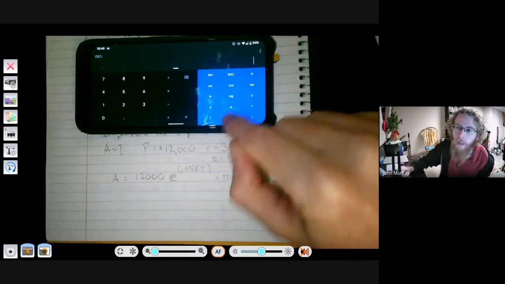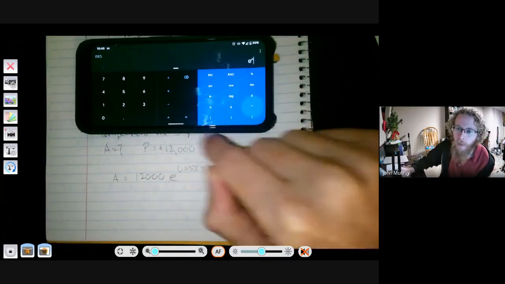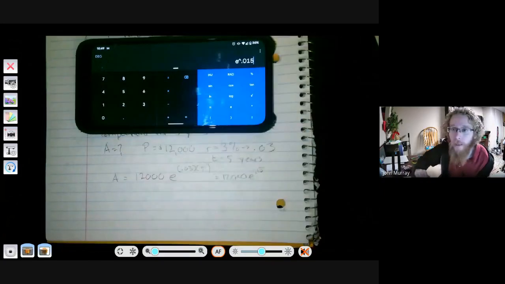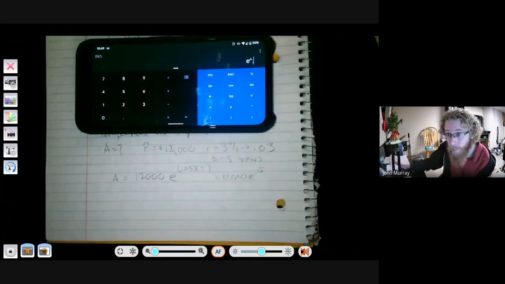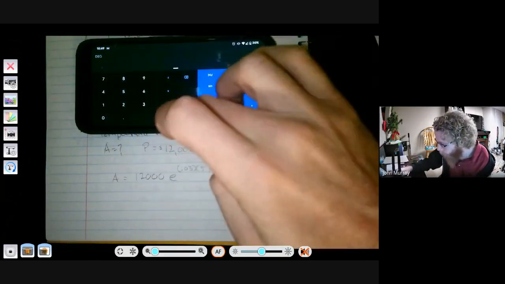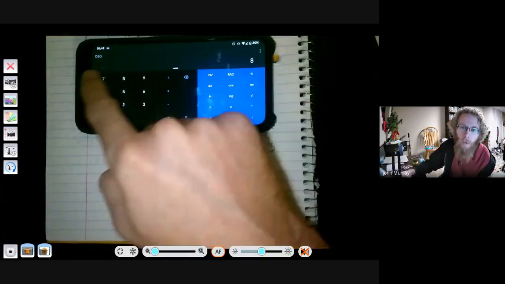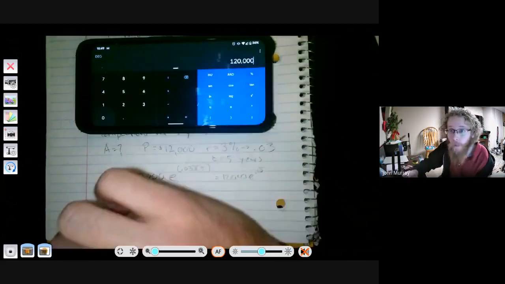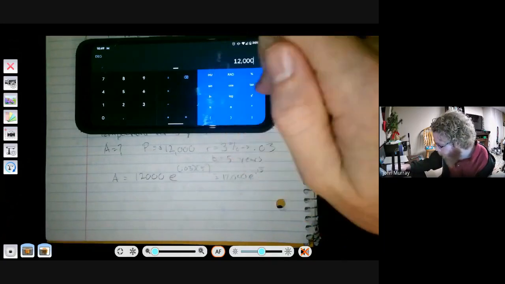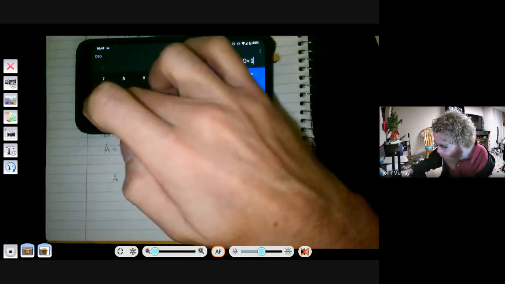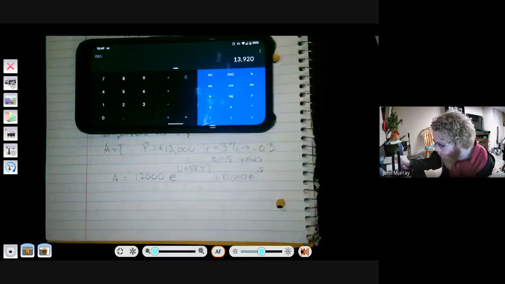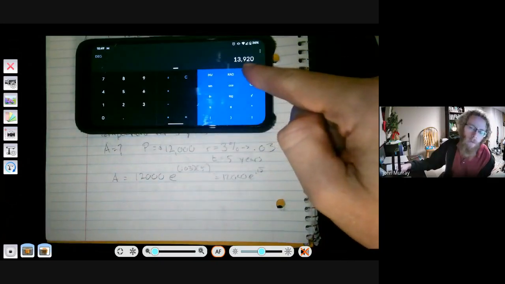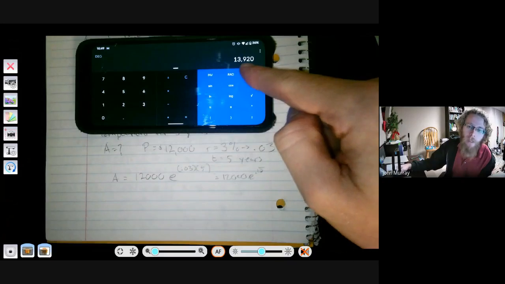So let's see real quick if we calculate it a little differently. So I'm going to do, again, e to the 0.01, nope, 0.15, nope. So let's say I just do 1.16. I deleted it there. So I rounded it to 1.16. So I do 1,200 times 1.16. Okay, that's a lot. I mean, it's not a lot less, but it is less than the answer that we